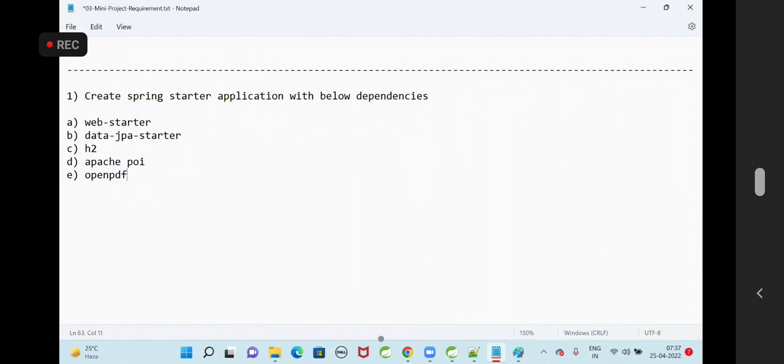You can add Lombok also for setters and getters. Project Lombok dependency we can add. Then next one,